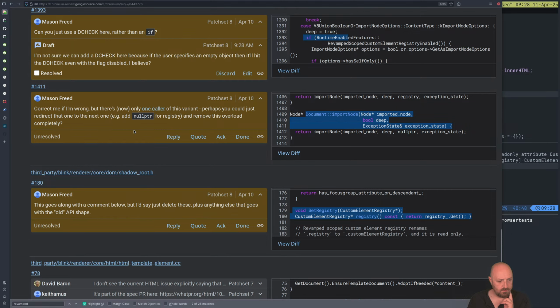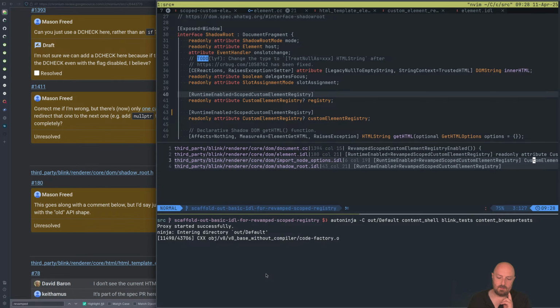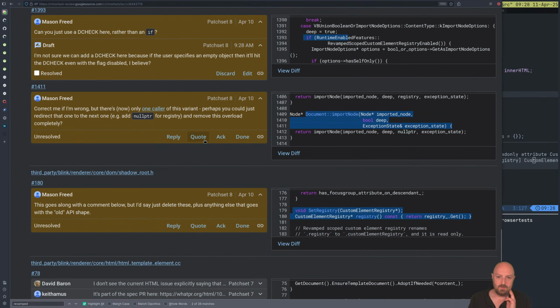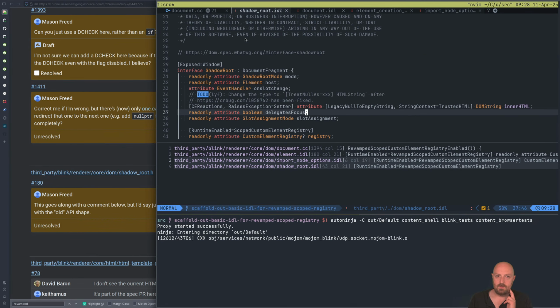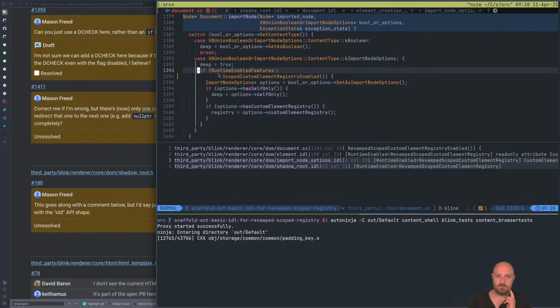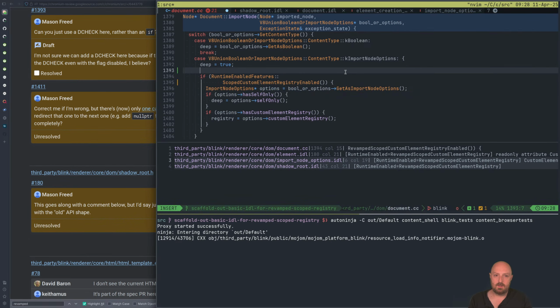Pascal says, I'm not sure I understand what DCHECK is, but this might be one before refactor now. So DCHECK is effectively an assert. Whatever is inside the DCHECK should resolve to a boolean. If that boolean is false, it will crash the thread, only if you have debug on. So D stands for debug. I think there is a CHECK, which is the non-debug version, but effectively it's an assert. So if you hit that line and it resolves to false, so this is an if, right? But if I had DCHECK,